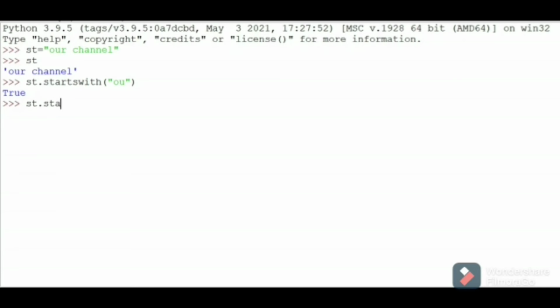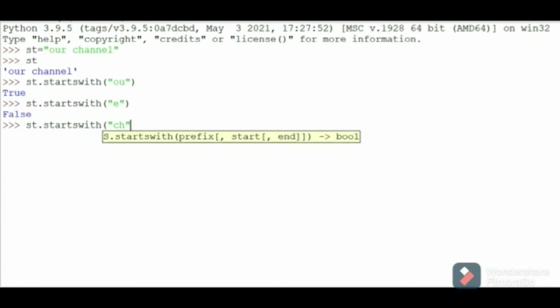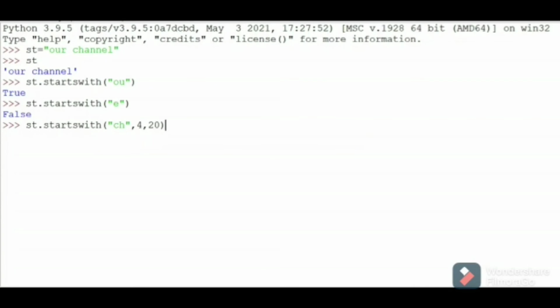Let me take another string, starting with E, so it returns false. Now using the parameters for ch, I have passed a prefix. Here start and end I am passing, so I am taking 4 and 20. Then it returns true.